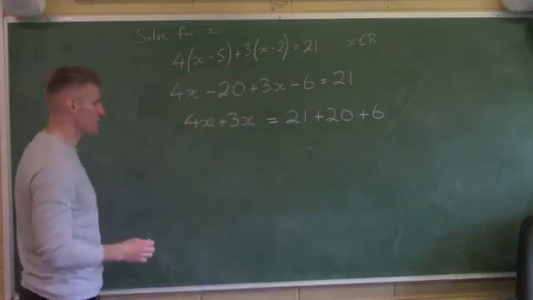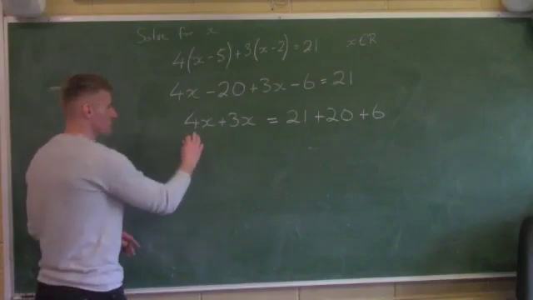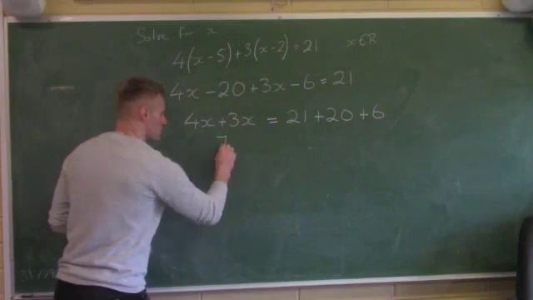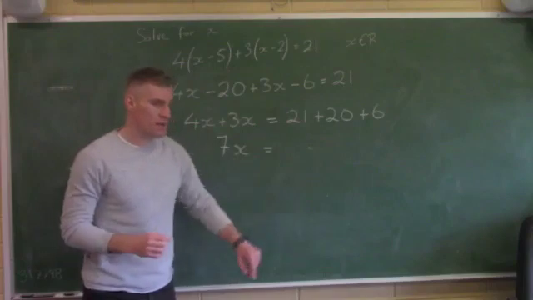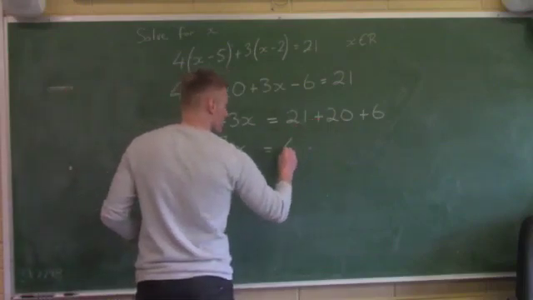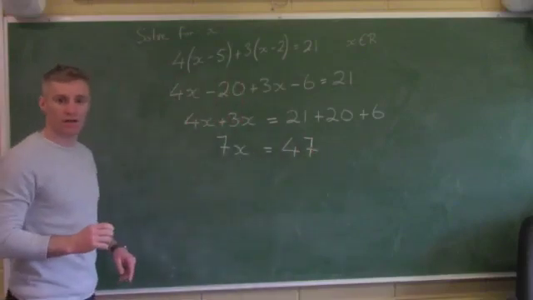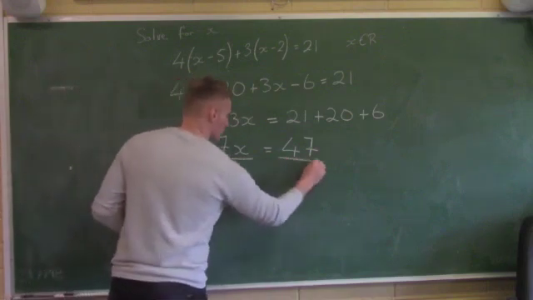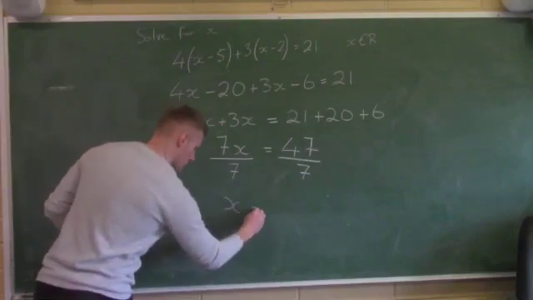Now, let's add. In this case there's no negative numbers, so again that makes it a little bit easier for myself. 4x plus 3x, 4 plus 3, 7x. 21 plus 20 gives me 41, plus another 6 gives me 47. Remember the last sum when I was dividing by minus 5, this time I'm dividing by 7. Okay. x equals